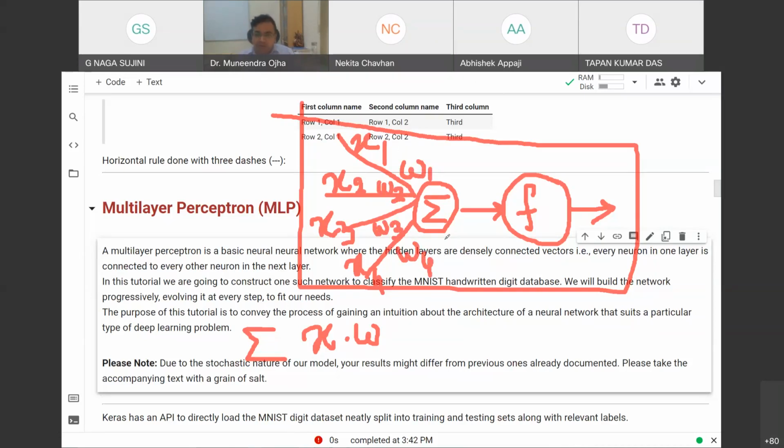And after all the inputs, we have a very unique thing which is called bias. Okay, so this bias is represented as B. I am sorry for the bad handwriting because I'm using this keypad and the mouse. That is why my handwriting is bad. I'm really sorry for that.